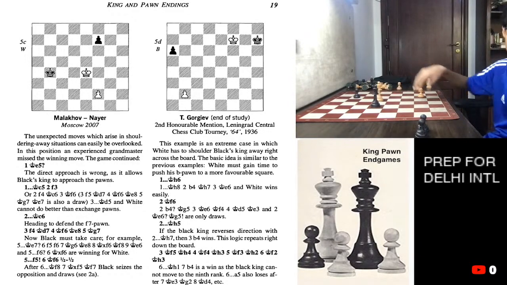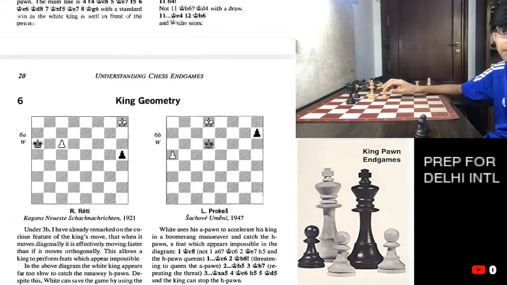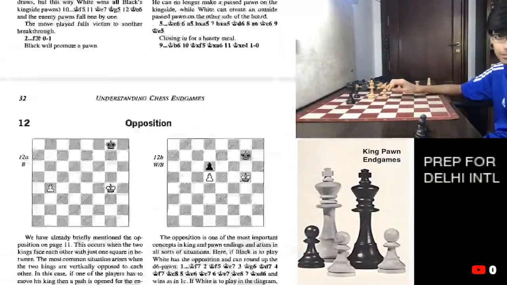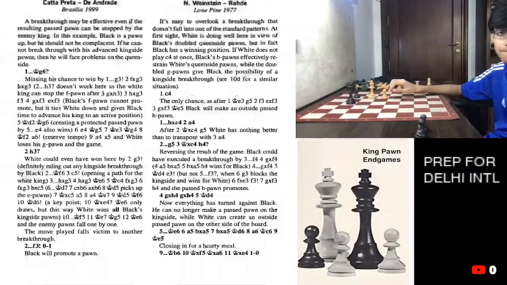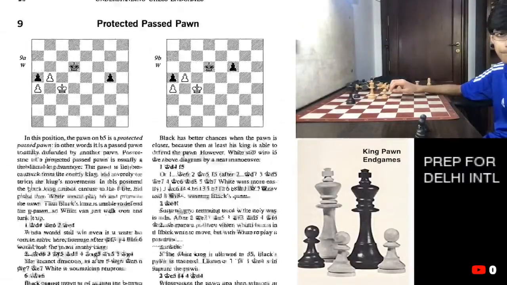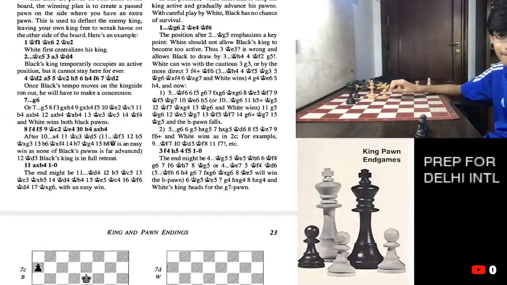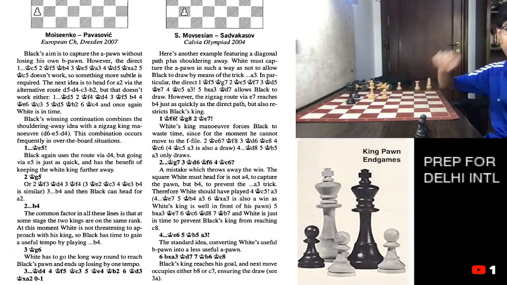King c5, f3 or f4, king c6, king f6, f5, king d7, just going on. Okay, we'll continue with the next